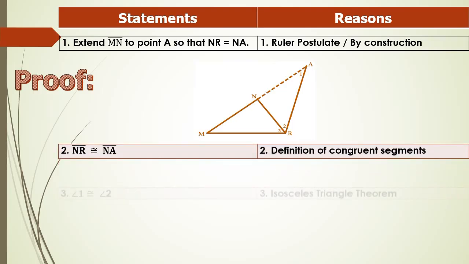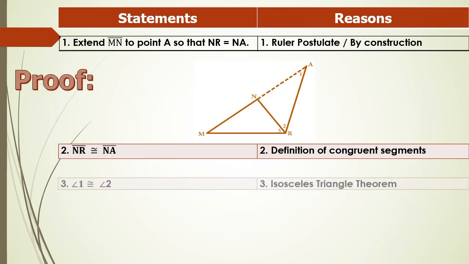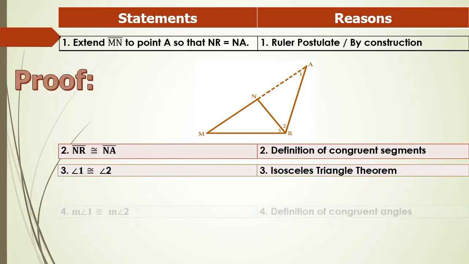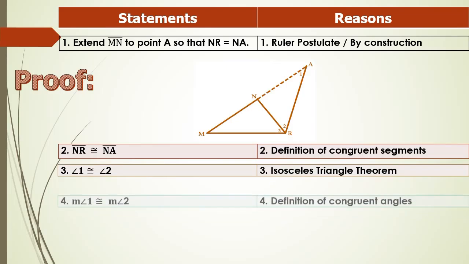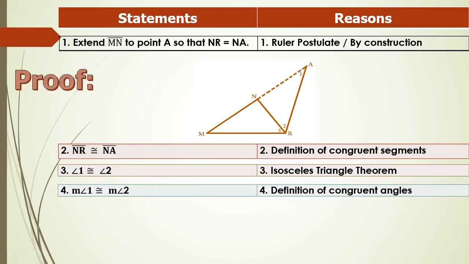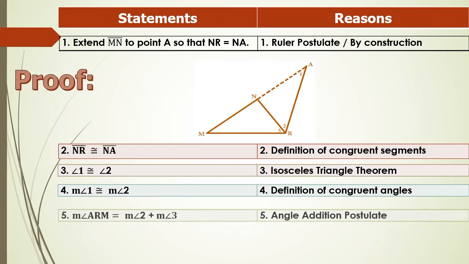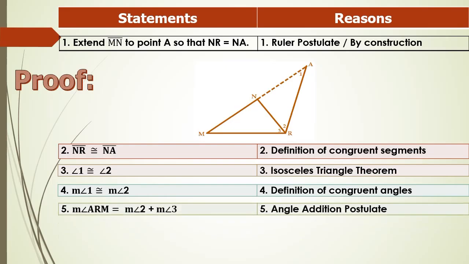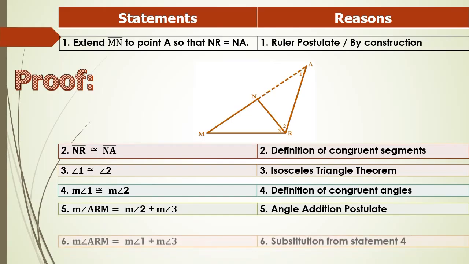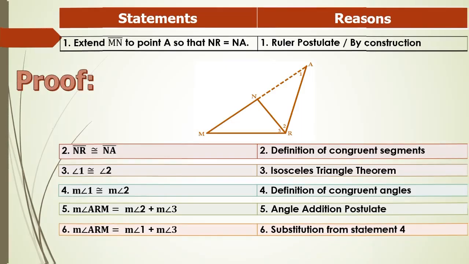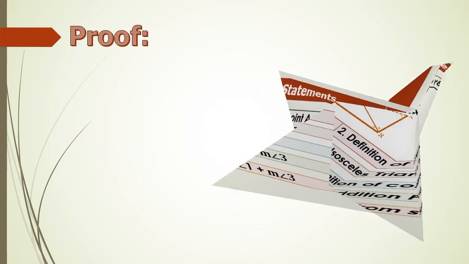Number 2, NR is congruent to NA. Reason, definition of congruent segments. 3, angle 1 is congruent to angle 2, isosceles triangle theorem. Measure of angle 1 is equal to measure of angle 2, definition of congruent angles. Statement number 5, measure of angle ARM is equal to measure of angle 2 plus measure of angle 3 by angle addition postulate. Statement number 6, measure of angle ARM is equal to measure of angle 1 plus measure of